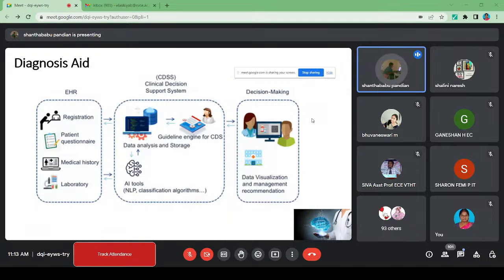Okay, and this is the healthcare reports perspective. As I mentioned earlier, once we are going there, we have a patient questionnaire and medical history and laboratory history, everything will be there, and that is analyzed. So the data will be available across the nation, probably. If it is in the US or UK and Europe, wherever you go, you just give the number, then you can pick up the details, what treatment you underwent, what drugs you had, all the information will be there, so that the doctors and healthcare specialists can diagnose your condition and recommend further treatment and drugs for you.